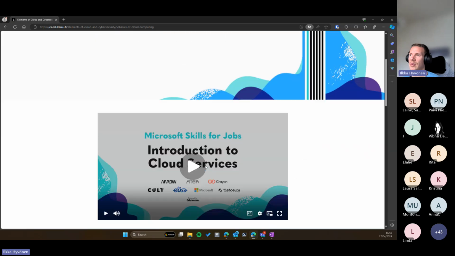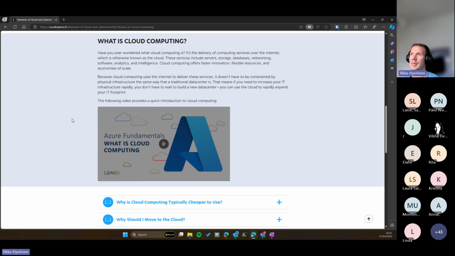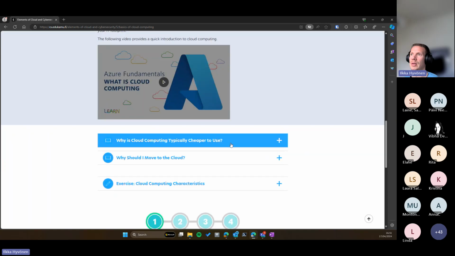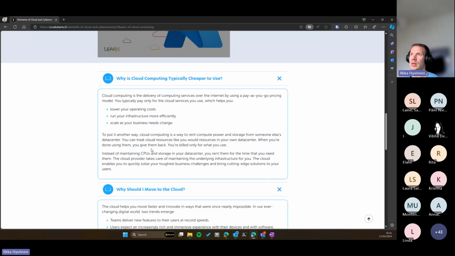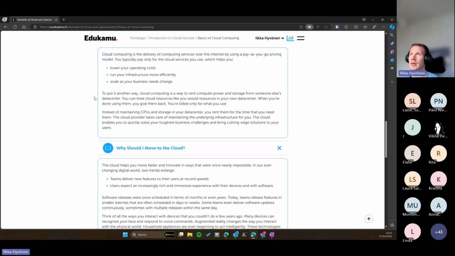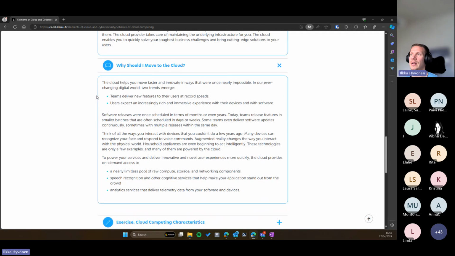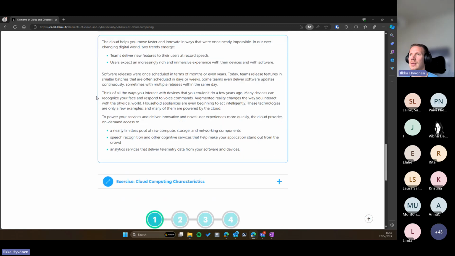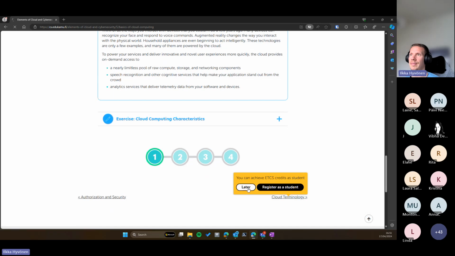And next is the cloud computing, and this explains the basics of cloud computing and some of the benefits. So good to understand those. So what kind of benefits it has might be lower operating costs, for example, and scaling when your organization is growing. Good to understand why it's so common to use these cloud services, sort of benefits it has,